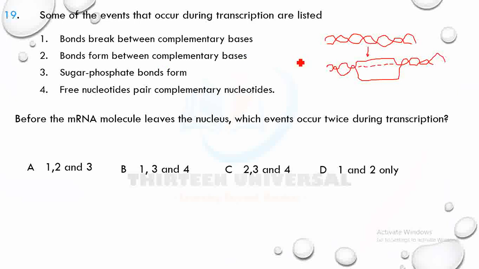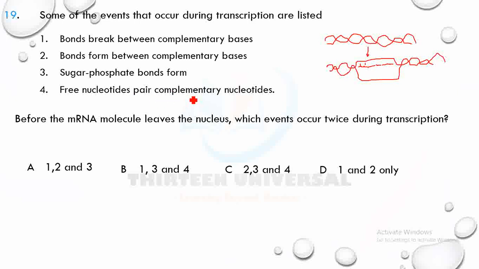So bonds form between the complementary bases on the template strand here. Okay? So, yeah. Then after that, sugar phosphate backbone are formed. So you see that RNA polymerase then joins them to form a primary transcript. Is that okay? So that actually happens, all right? So remember that this guy forms bonds with the complementary bases on the template strand. Is that okay? Yeah. So free nucleotide